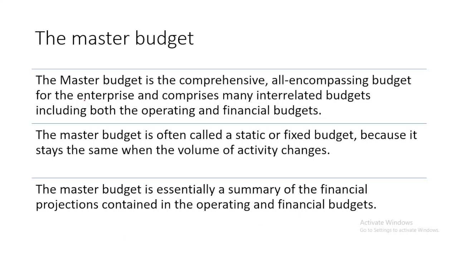So here it says that the master budget is the comprehensive, all-encompassing budget for the entire enterprise and comprises many interrelated budgets, including both operating and financial budget. A master budget is often called a static or a fixed budget because it stays the same when the volume of activity changes. So the master budget is essentially a summary of financial projection contained in the operating and financial